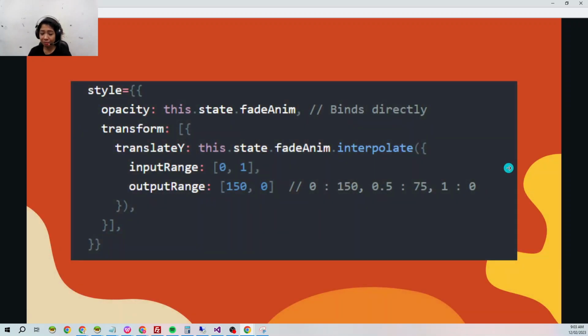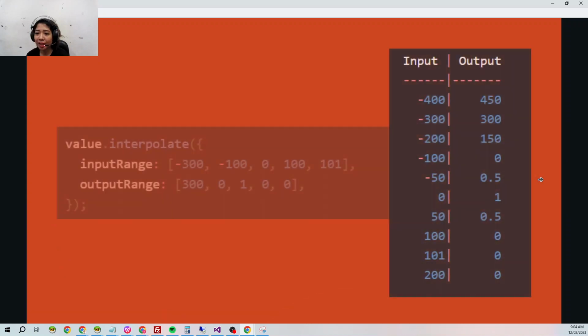So for example, you may want to think of your animated value as going from 0 to 1, but animate the position from 150 pixels to 0 pixels and the opacity from 0 to 1. This can be done by modifying the style. And also interpolate